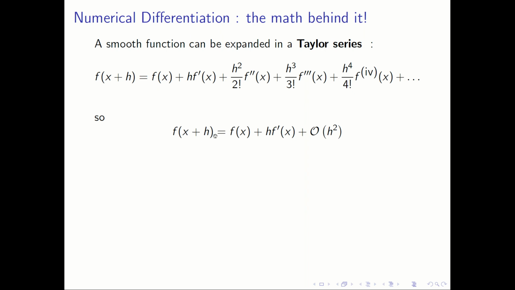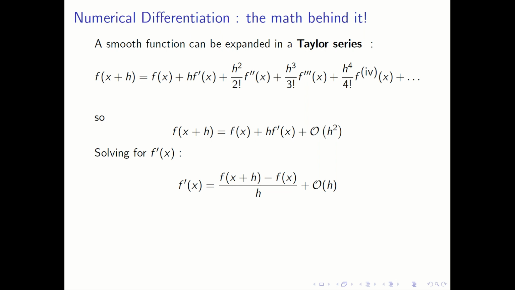So you get f of x plus h is f of x plus h f prime x plus an error term, because I am dropping it, of order h square. So if I rearrange this, I can easily see that f prime x is actually f of x plus h minus f of x divided by h plus a term of order h. This was order h square, but since I have divided by h to get to this formula, this has become order h. So we expect an error